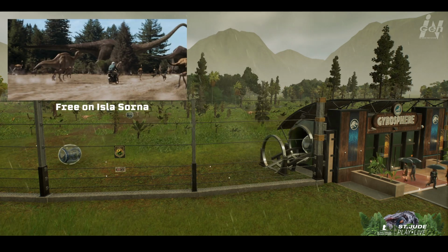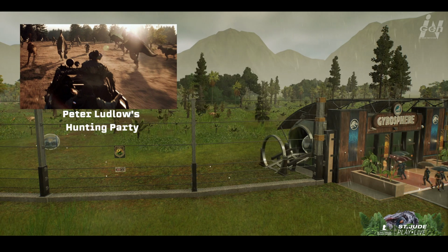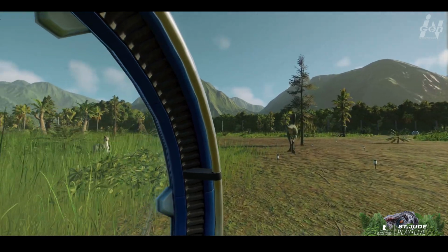and Parasaurolophus. In The Lost World, 2 adult Gallimimus were captured by Peter Ludlow's hunting party and intended for display at Jurassic Park San Diego. However, as you can imagine, these creatures had other plans, and they were freed by Nick Van Owen and his